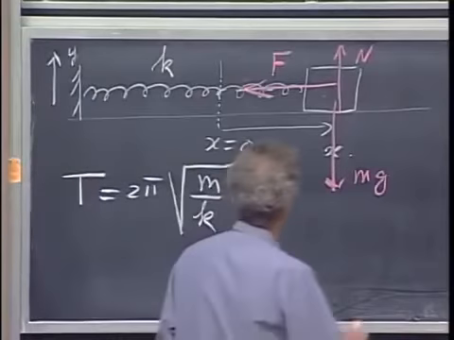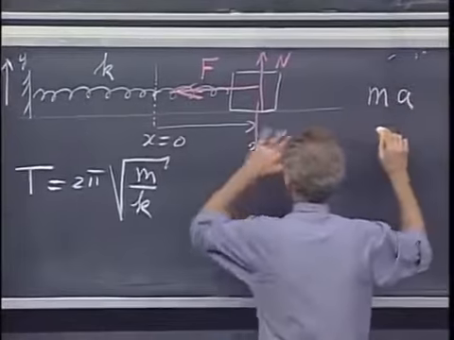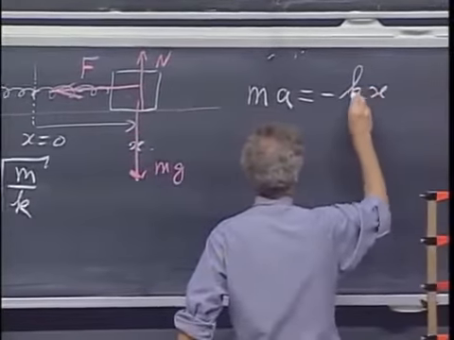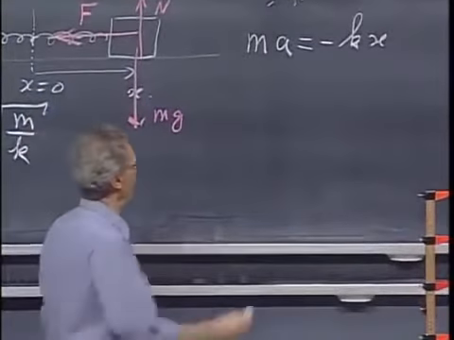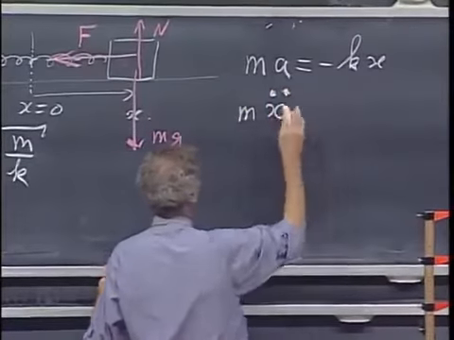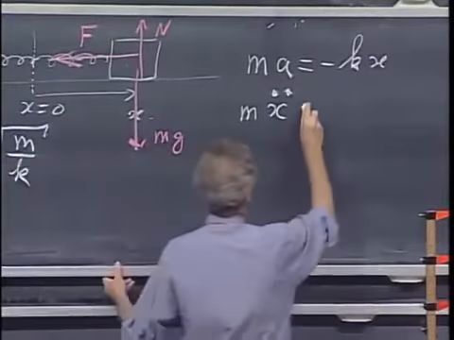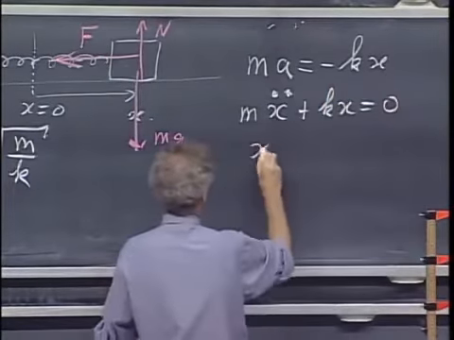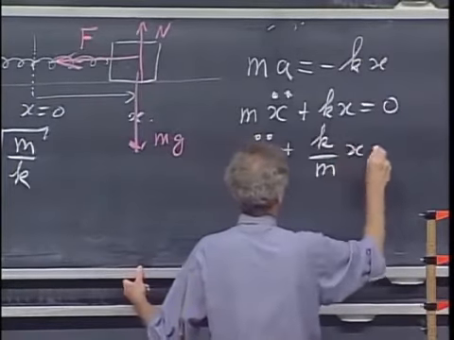So now I'm going to write down Newton's second law, ma, which is all in the x direction, equals minus kx. a is the second derivative of position, for which I will write x double dot, m x double dot. One dot is the first derivative, that's the velocity. Two dots is the acceleration. Plus kx equals 0. I divide by m, and I get x double dot plus k over m times x